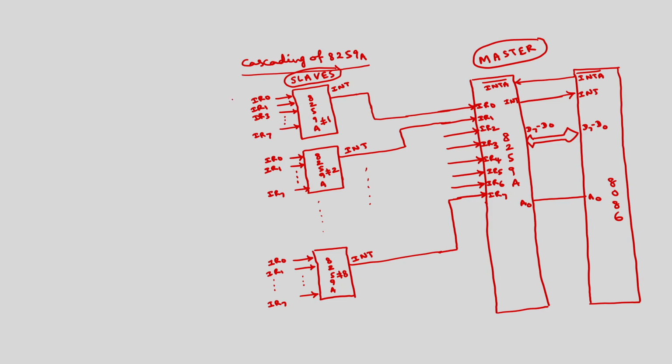Now totally how many interrupt request lines are there? This is having 8, this is having 8 and so on. We have 8 such devices, total we can have 64 interrupt request lines. So I can connect 64 different devices such as printers, IO, keyboard and all. Okay. Now the process is here. Whenever any particular interrupt occurs over any of the slaves, say here at IR0 some interrupt occurs through some printer.